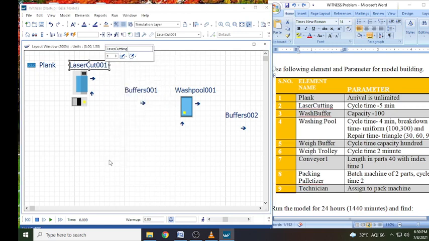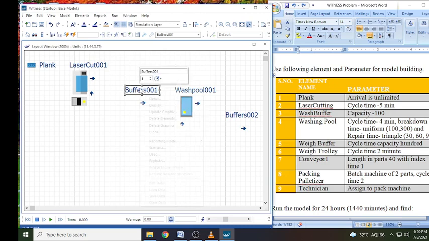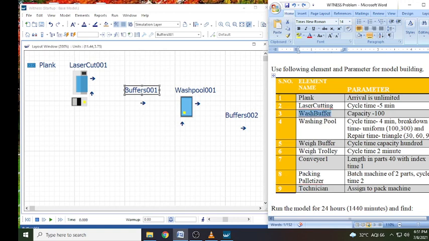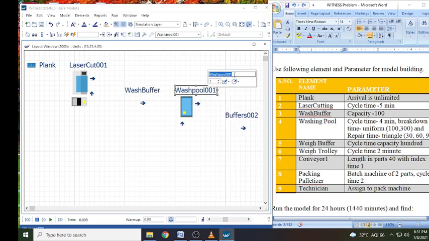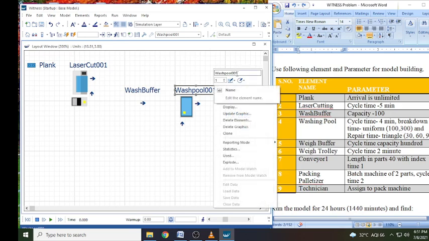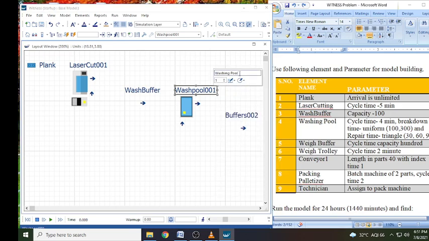In this way I will change the name of each element. We can type and change the name also, but this is the easier one. Okay, space is not allowed. See, I have to remove this space between washing and pool.